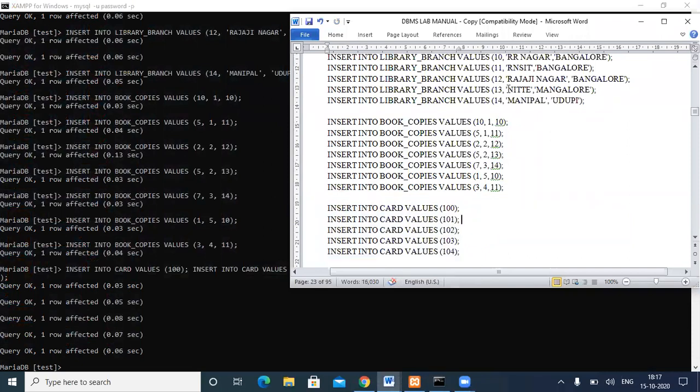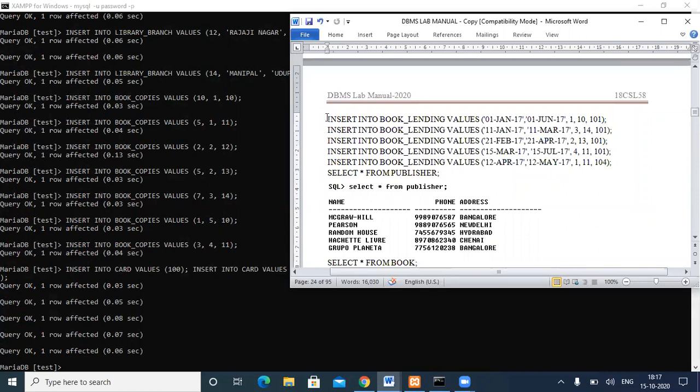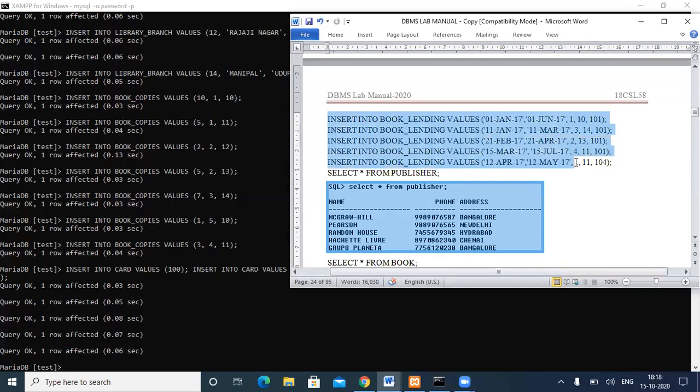If it is a string, you have to specify it within quotes. If it is an integer, directly you can specify, and the order should be the same as how we have created the table. So you cannot make a mistake. Then the date. The date syntax is this: day, hyphen, the 3-letter month, hyphen, then the 4-digit year, or you can give a 2-digit year.